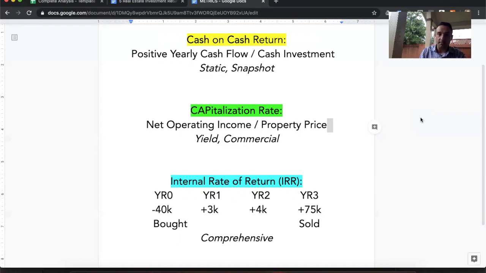And it's a great measure because it reflects the return of capital, the capital coming back to you, which accounts very well for the equity capture that you got in the very beginning, and accounts well for the debt pay down as the loan balance goes down, and it accounts really well for the appreciation, the actual appreciation rate that happened on the property. So it's a more encompassing, comprehensive metric, and it's the one that we use in our business. And obviously, it varies from property to property, but as a general rule of thumb, we're looking for investment properties that have a minimum internal rate of return of 15%, and then the higher the